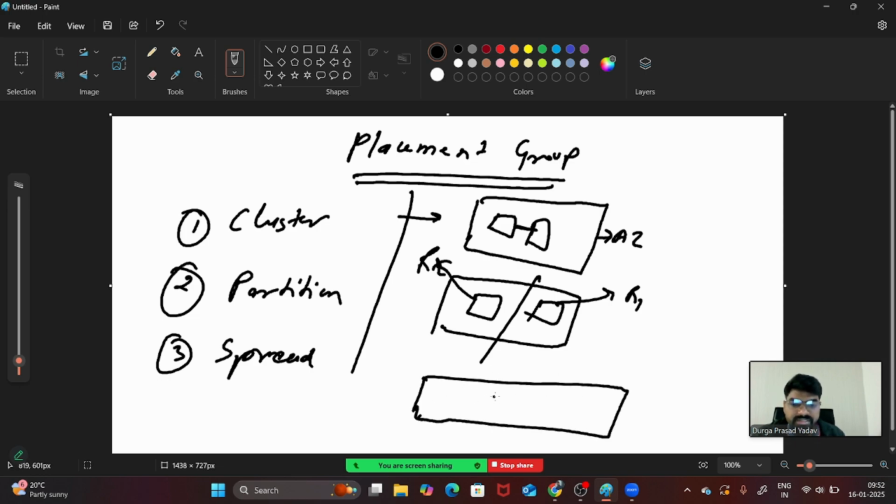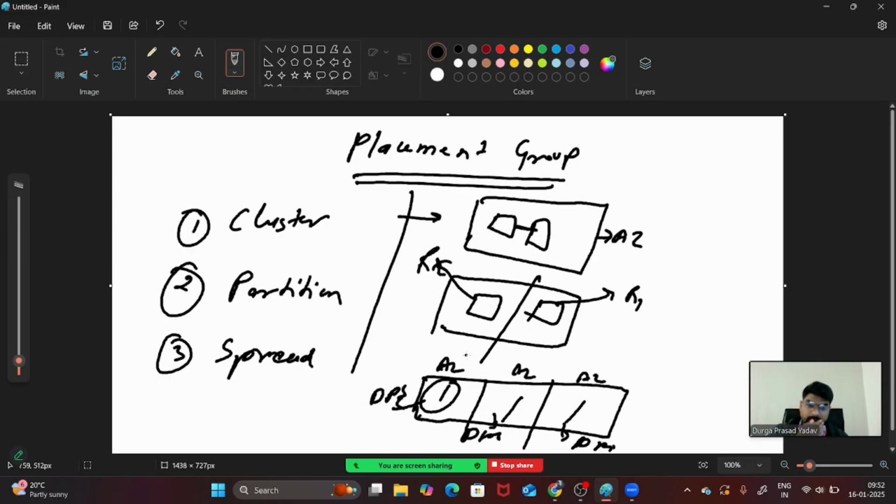Spread means if this is one availability zone, this is one availability zone, this is one availability zone, like that we have 3 AZs, AZ1, AZ2, AZ3. So one here, one here, one here, this will go into a different placement group, this into a different placement group, this into a different placement group. Like that it will work.